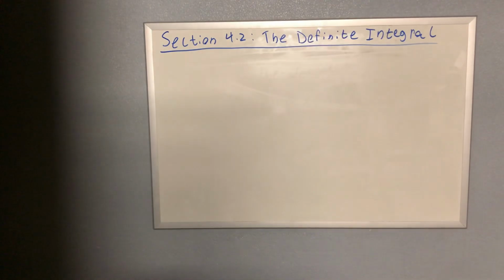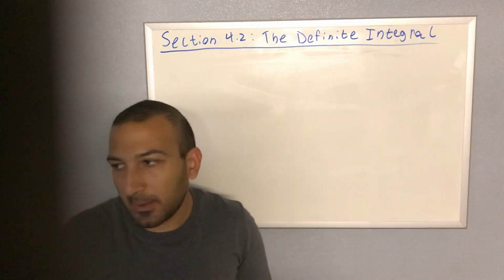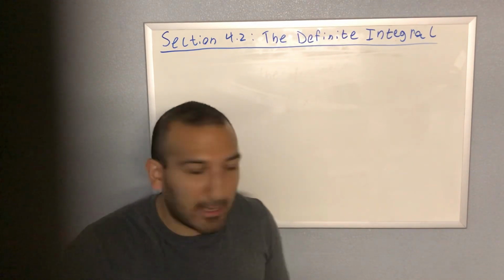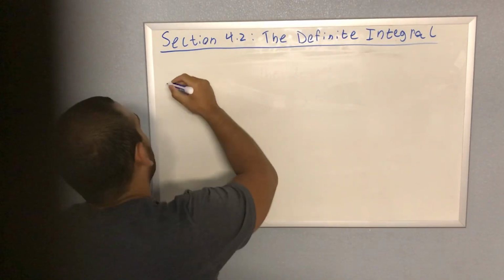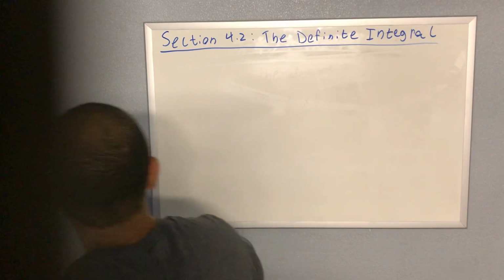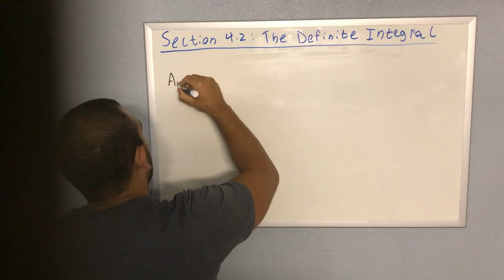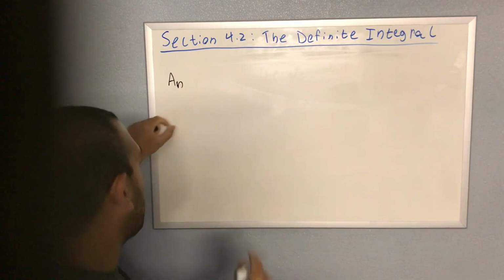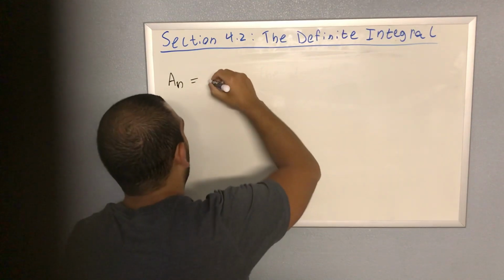So, what do I mean by the integral? Remember, we were talking about the area underneath the curve. And this was the formal way of getting the area underneath the curve. Remember, we had A sub n, which was the area that we generated with n rectangles. And this was equal to, remember,